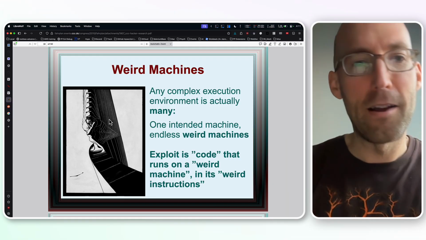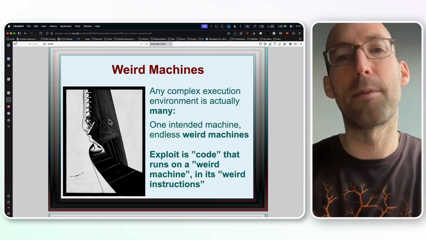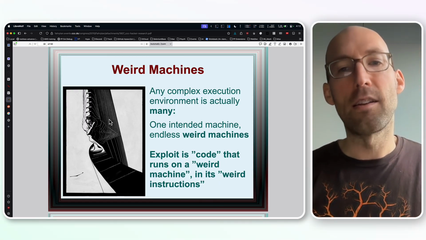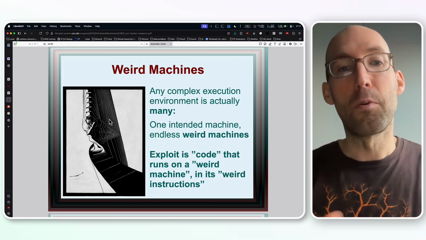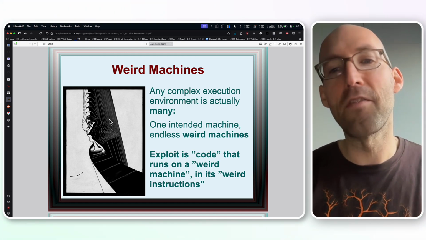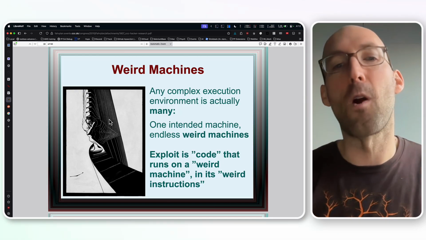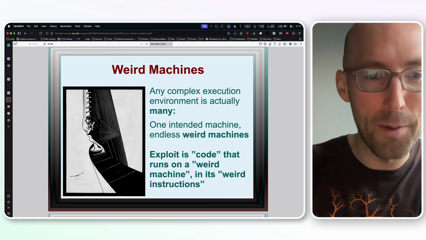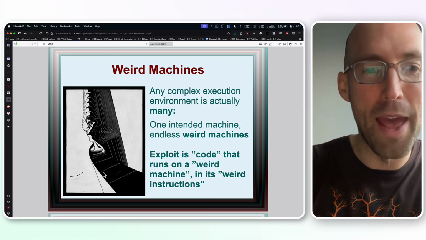Anyway, and how does this arise, I guess? It arises from a concept called weird machines, which is whenever you have any kind of complicated execution environment, like a computer is, you end up with many submachines that can actually happen as a result. And you may not even know all the things that can be done on a given server because there are all kinds of unintended consequences. And we've got this beautiful, it's probably MC Escher,